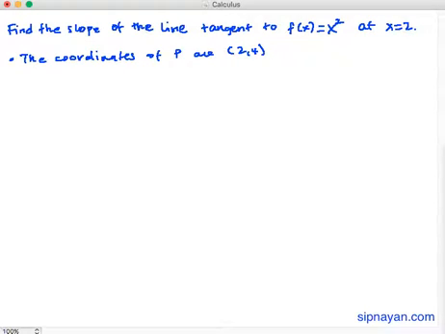Or, pwede rin natin siya yung expression mismo, or 2, f of 2. Ito yung y natin. So, this is just another representation. And then the coordinates of Q